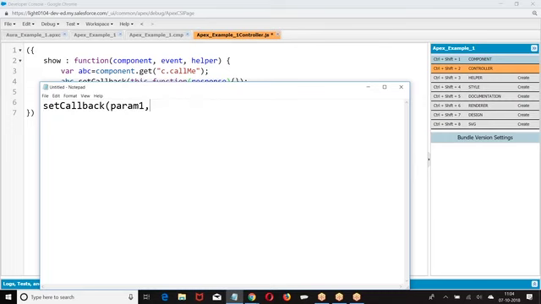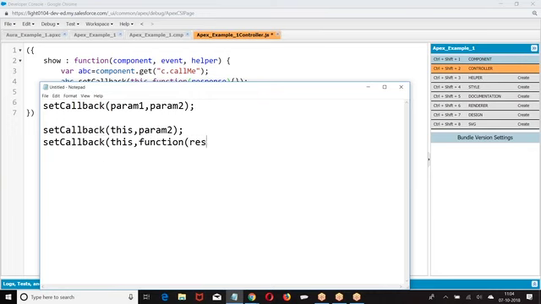What is param1? This comma. What is param2? Function. What is that setCallback? This comma, function, response. What can I give?